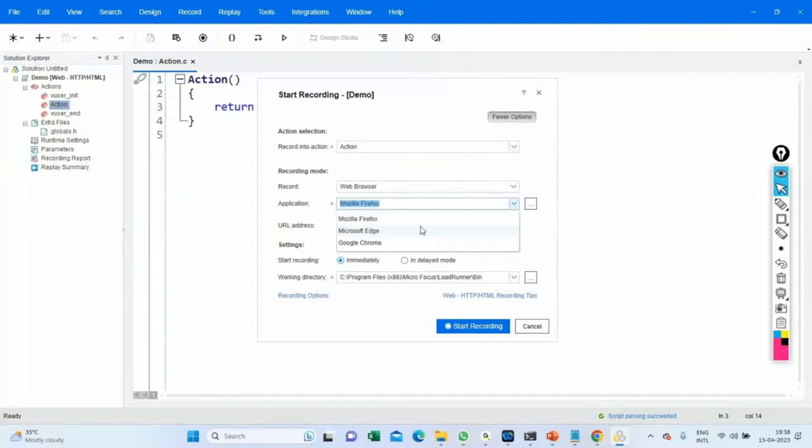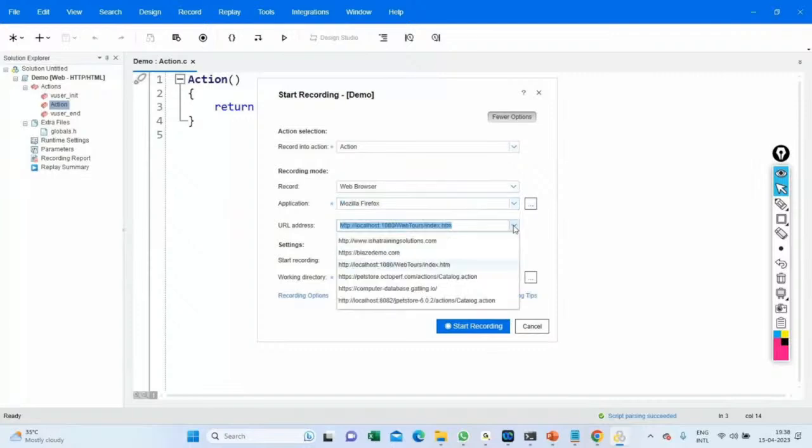It's no longer supported with the latest versions of LoadRunner. You can either use Edge, Firefox, or Chrome. Let me choose any of the browsers, let's say Firefox. Then here you have to choose the URLs, or you have to provide the project or your